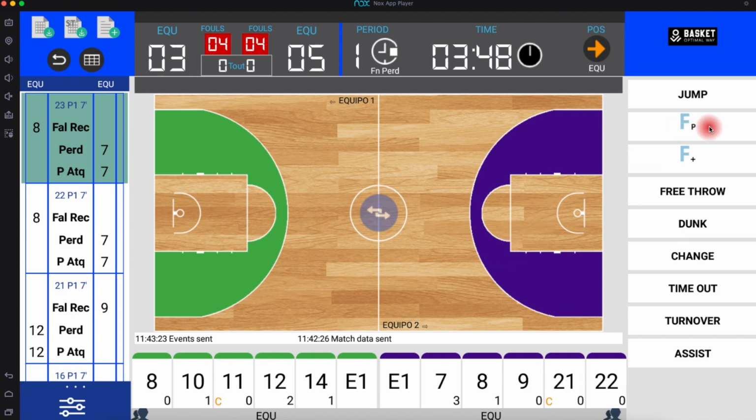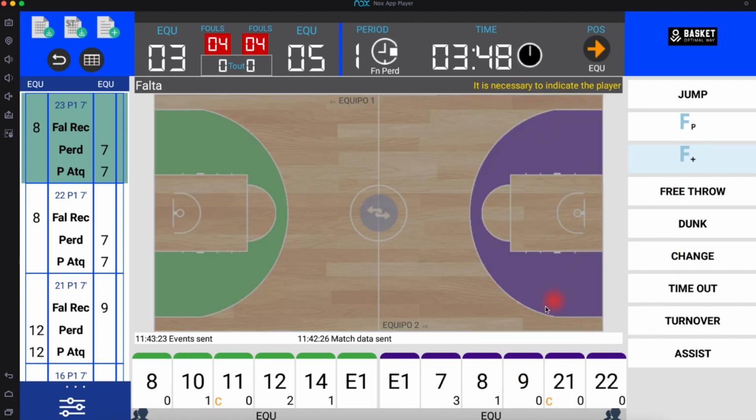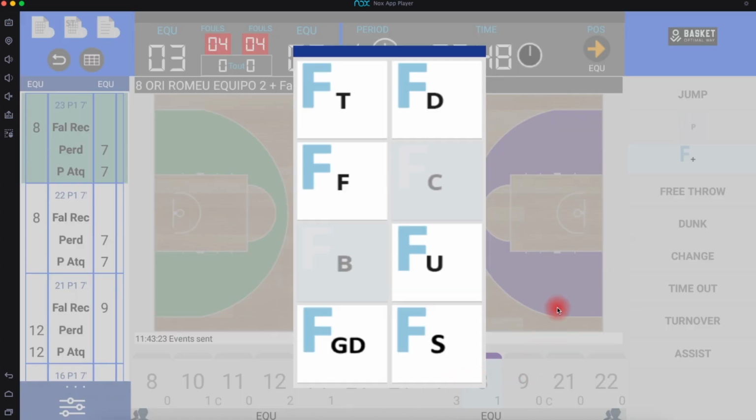Next to the FP button, there is another button for recording fouls called F+. This button is used to record unsportsmanlike, technical, or disqualifying fouls. In this case, the menu that appears after selecting the offender will be different depending on whether it is a player or a coach. When we select a player, it allows us to record the following types of fouls from